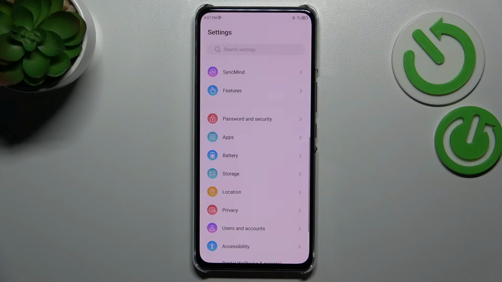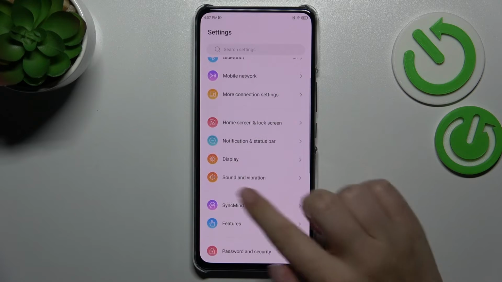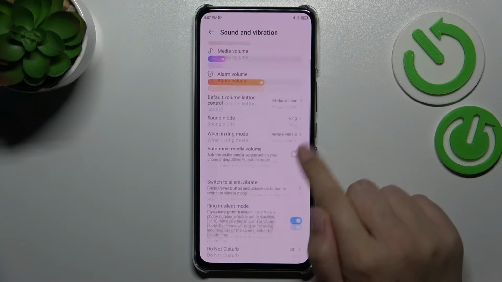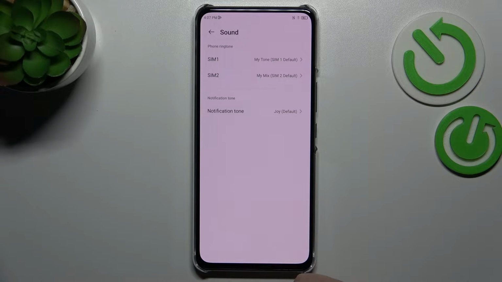So first of all, let's enter the settings, and here we have to scroll in order to find the sound and vibration. Now let's scroll down again in order to find the ringtones. Let's tap, and here as you can see we've got, let's say, 3 different options for which we can change